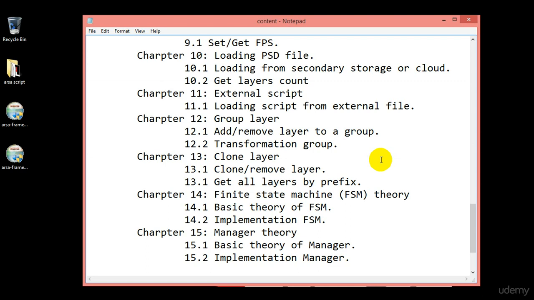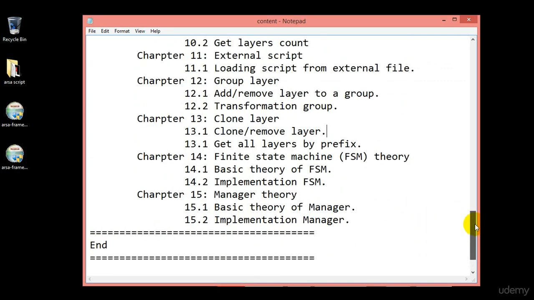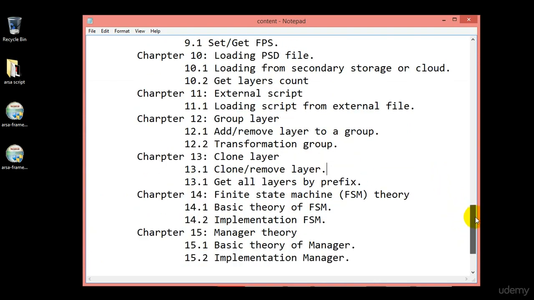And 15 is manager theory. Manager theory is an important theory for making a game if you want to control massive objects. I think this is a basic theory that you want to know, with an implementation manager example. Okay, and in the end, I will overview the 15 chapters